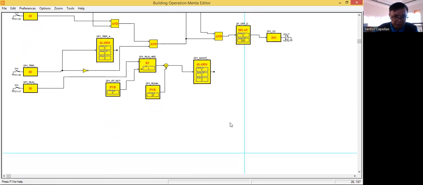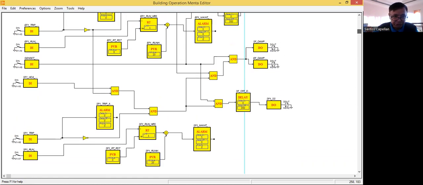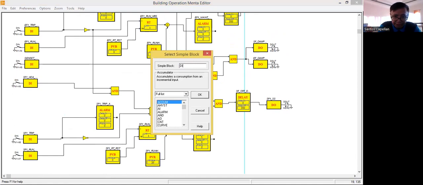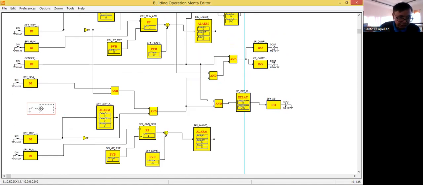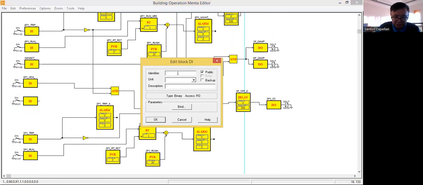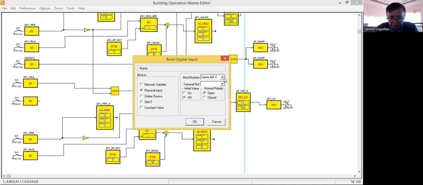create additional. Okay, so where we can insert this? Okay, we will insert it here. Simple block DI, digital input. So I need additional inputs. This time I will identify this as the damper open. Okay, so I need this status before I will start my